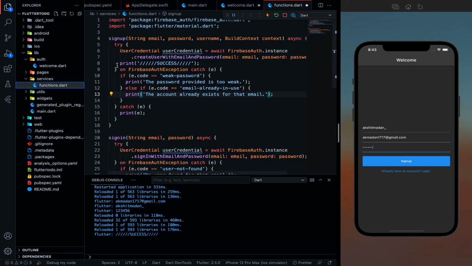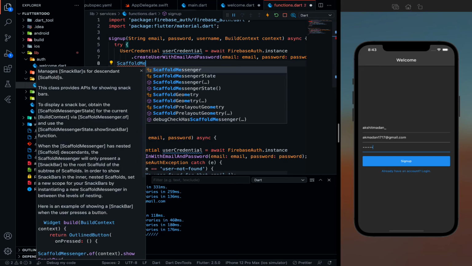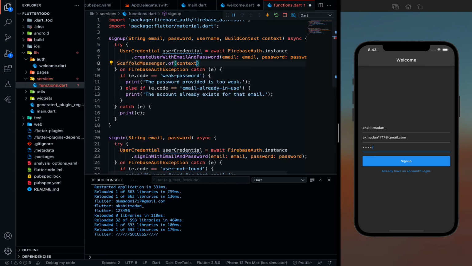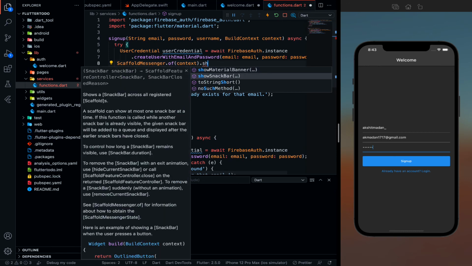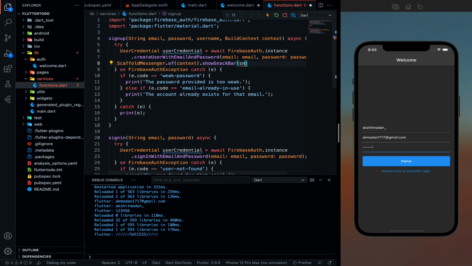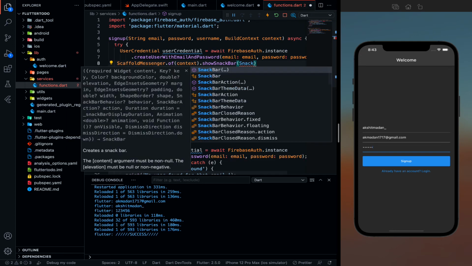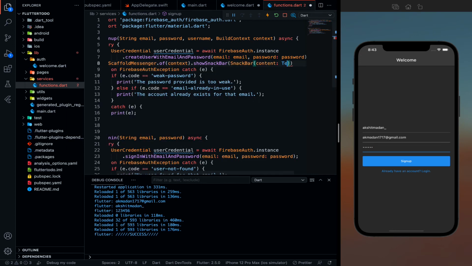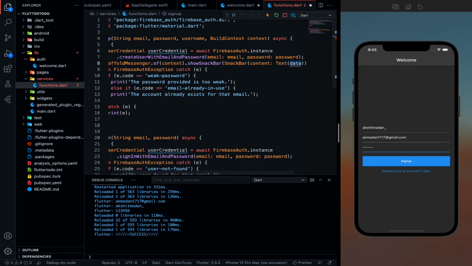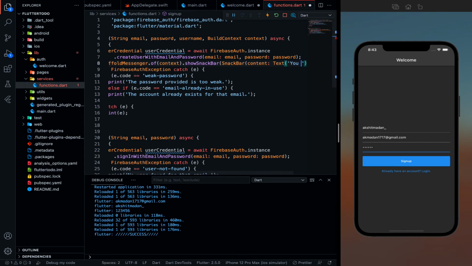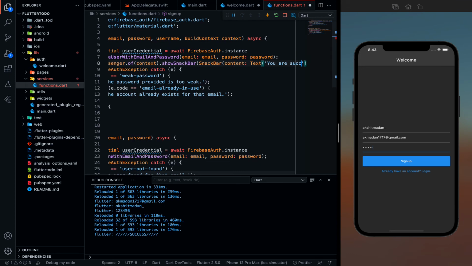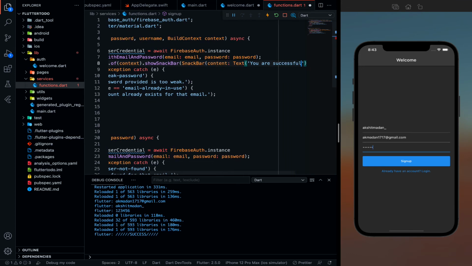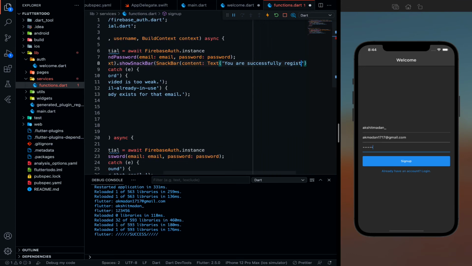Instead of writing this success, I will write a scaffold messenger dot of context dot show snack bar and write a snack bar, and let me just show you what is happening. Text data will be you are successfully registered.